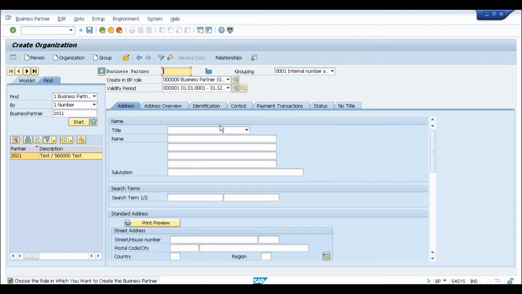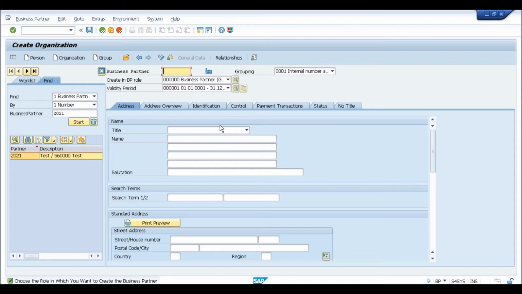Let's talk about the conversion now. Let's forget about the new implementation. For example, if you are already using 4 customer account groups with a defined set of number ranges, what you can do is, in parallel to the account groups in your ECC system, you will create the business partner groupings 1:1, and you will provide the same number ranges to your business partner groupings.